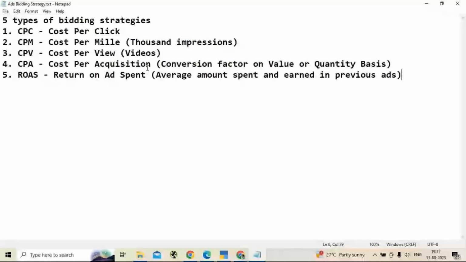Then on the sales, do you want to be charged on the total value of the sales that happened for that particular period, or based on quantity? For each quantity, do you want to be charged, or on the total sales that happened for the period?